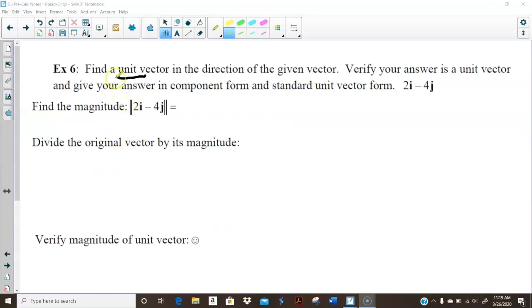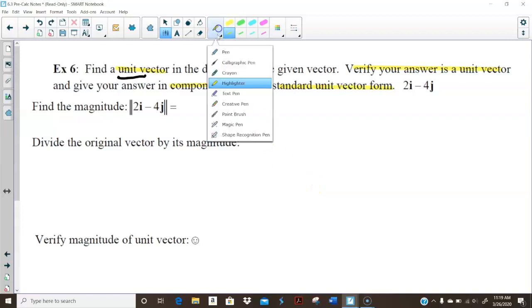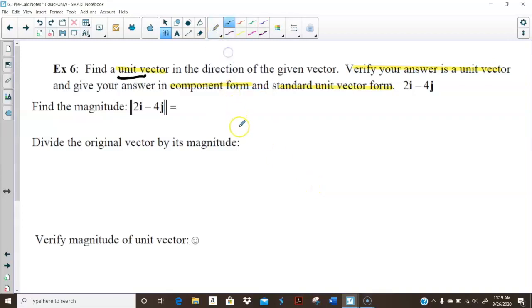Video on unit vectors. So this one says find a unit vector in the direction of the given vector. We're supposed to verify our answer of the unit vector and give your answer in component form and standard unit vector form. So you see that there's a lot of vocabulary in this question. All right, so we're going to start with a unit vector. So in order to find the unit vector